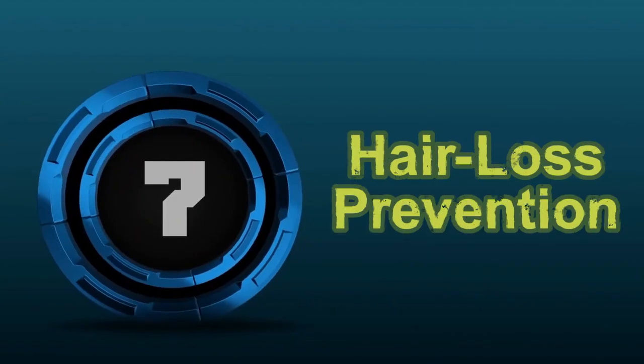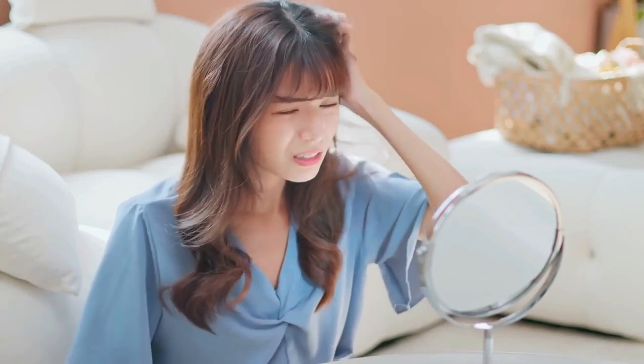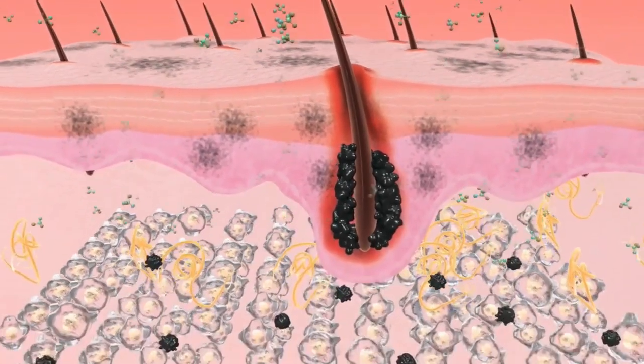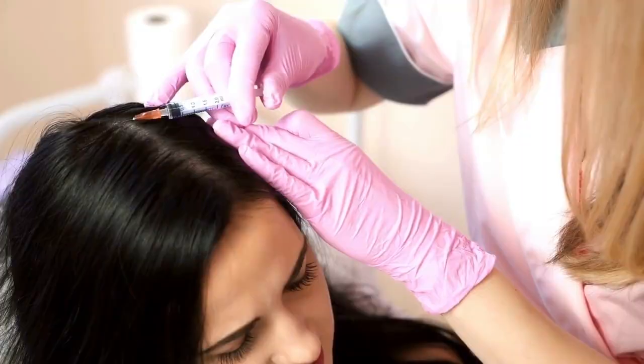Health benefit number 7, hair loss prevention. The quest for thicker hair, more luxurious hair, is a universal desire, and castor oil steps up as a formidable ally. Its mechanism of action involves enhancing circulation to the hair follicles, which in turn promotes a conducive environment for